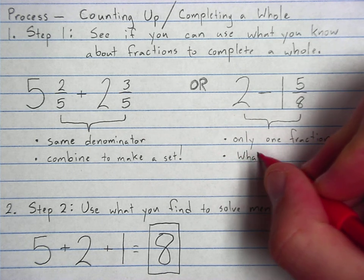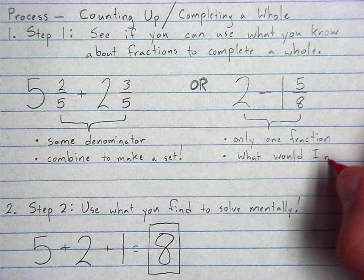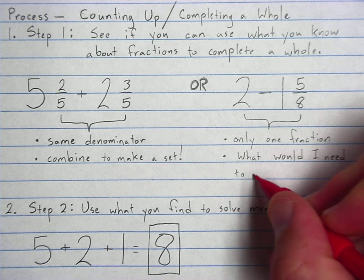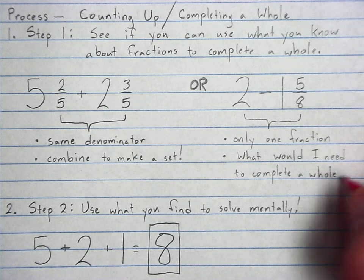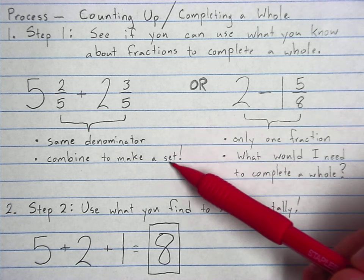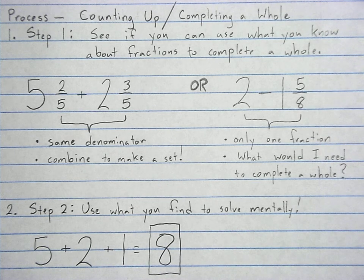What would I need to complete a whole? What would I need to complete a whole set? I use the word set over here, I use the word whole up here. What would I need to complete a whole? Okay. Well,